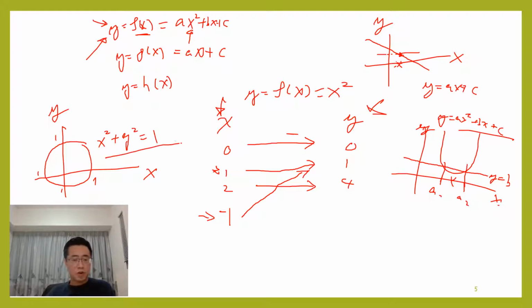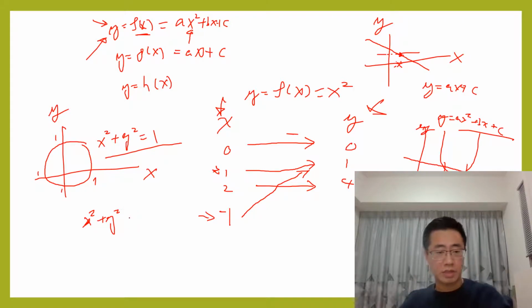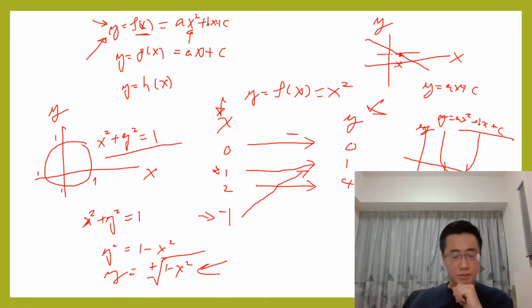So in this formula here, you will immediately calculate the subject of y, which is do some simple operation on this formula here, equal to 1, and then you put the x, go back to the right hand side of the equation, and then you take the square root of the whole expression 1 minus x to the power 2, just like this, and then plus and minus. So the question is, is this a function?